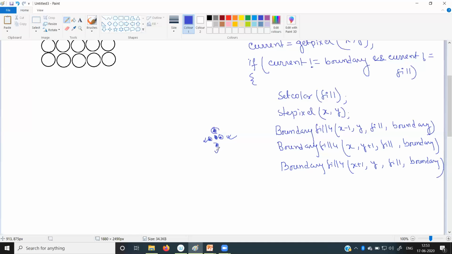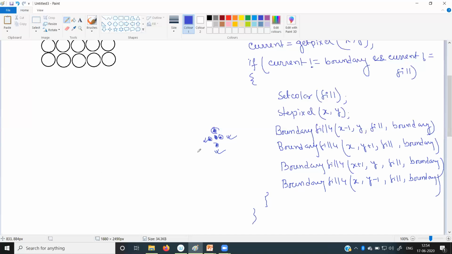Now we will call the function for the last one, so it will be x, y minus 1, fill, boundary. So that's all about the function of boundary fill for the four-way connected.